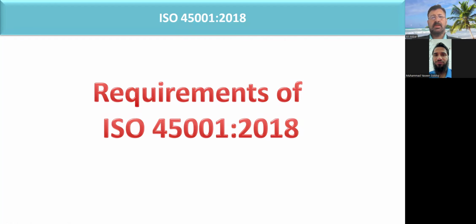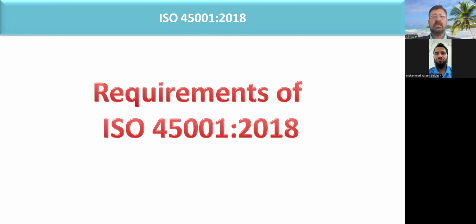45001-2018, after this we also need the documented information and the evidence of implementation, because we develop a standard for the requirements. We have different requirements, and different requirements we cover in different classes of the ISO. Like we have different requirements for health and safety in our organization, and for this we develop different classes of the ISO